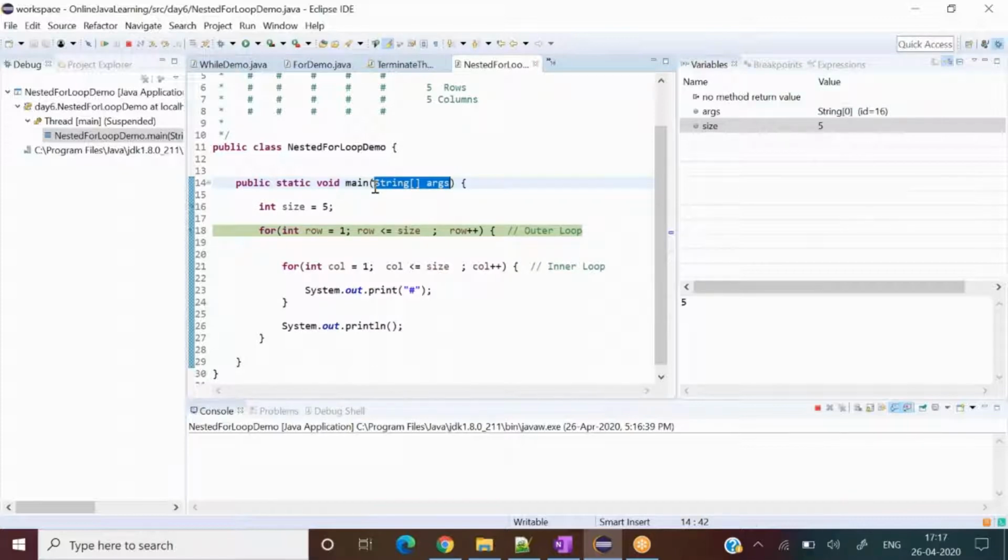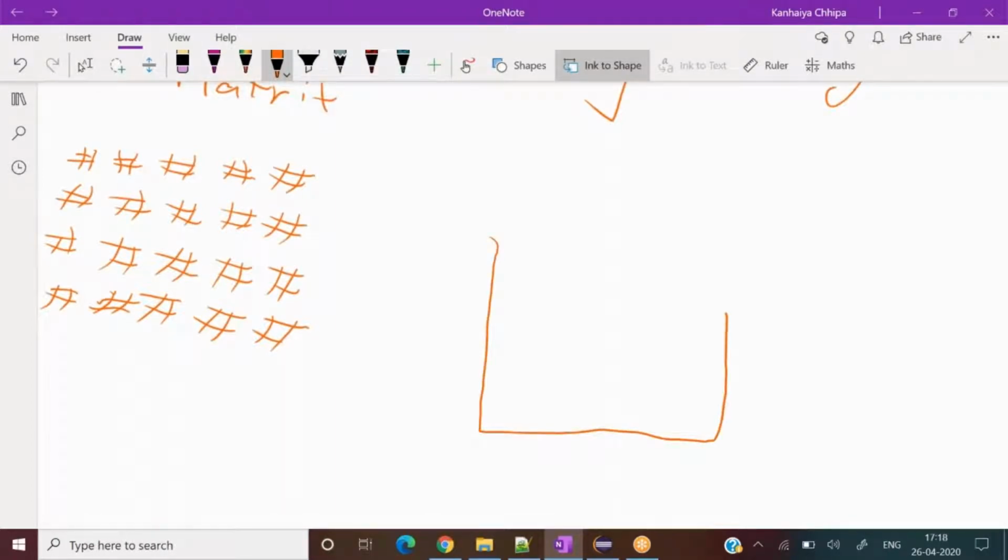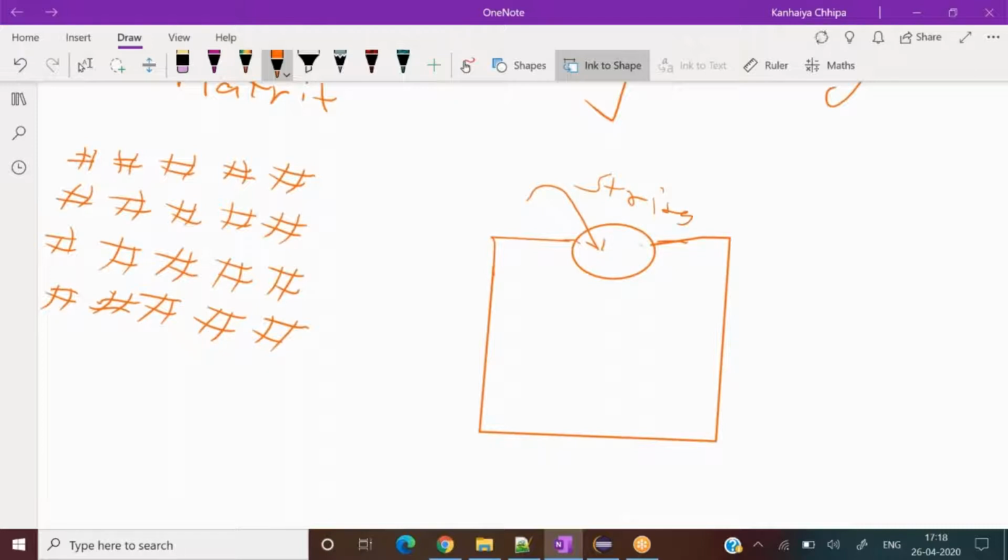So just consider some argument is being passed over here. If I draw a diagram of a method for now, just for your understanding, say this is a container, and in this container there is one hole here. Using this you can put in something. So that string array says you can put a string array in that main method.